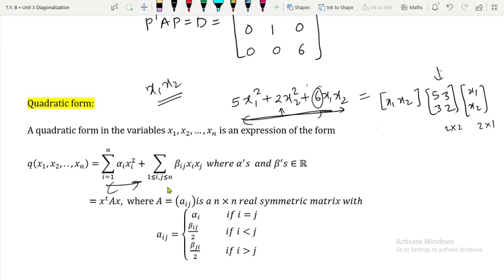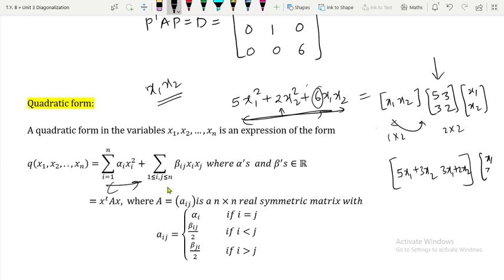So in this way you can write your quadratic form, and it is always possible. And over here you are going to get a real symmetric matrix. You can verify your answer as well. So if I take the product of 1 by 2 and 2 by 2, I'll get a matrix of order 1 by 2. And what will that be? It will be 5x1 plus 3x2, and next is 3x1 plus 2x2, and over here x1 x2 as it is.